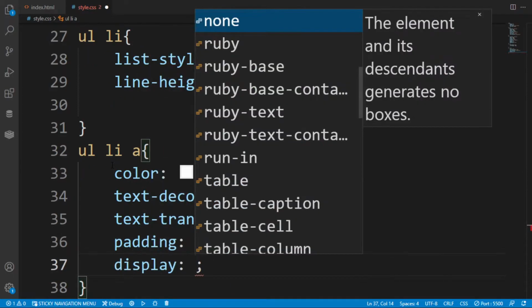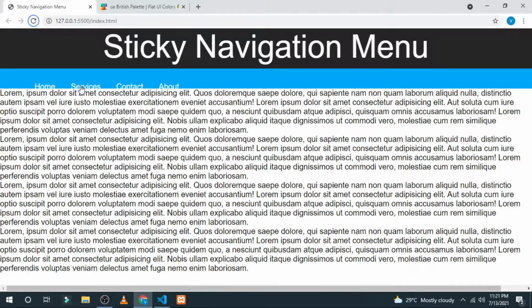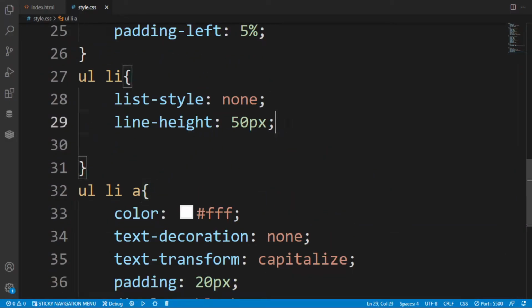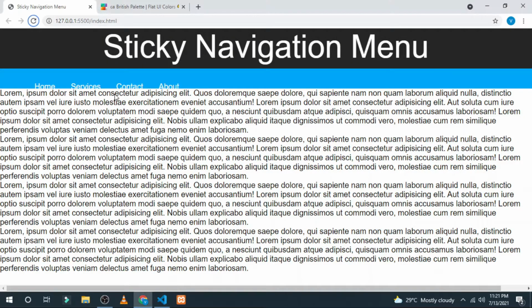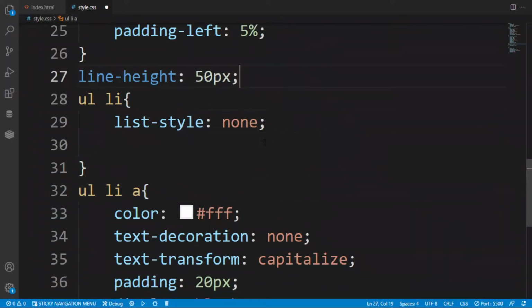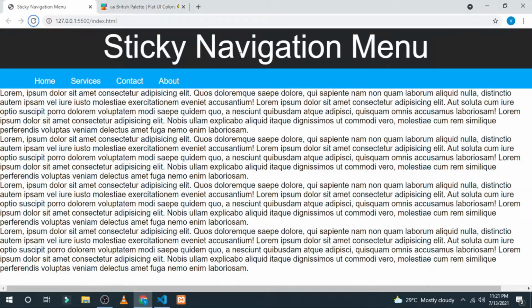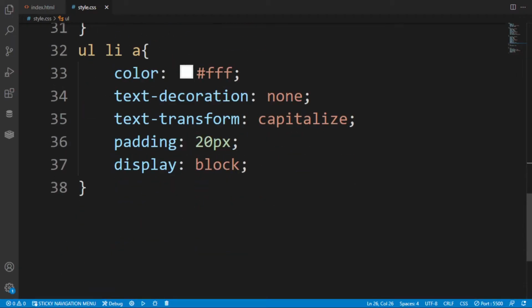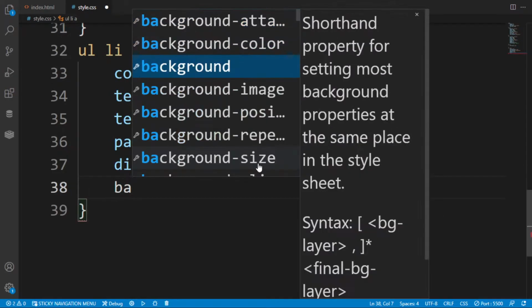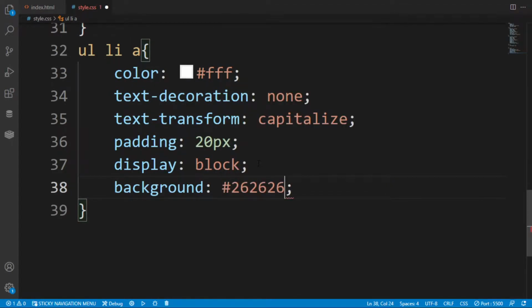In this tutorial I want to show you one thing: if you have put padding 20 pixels and display block, then this will create trouble, and this will consume a lot of time with the help of line height and padding. Here, as you can see, when I just erase the line height, there has been no effect. Now here I have put the background to black.